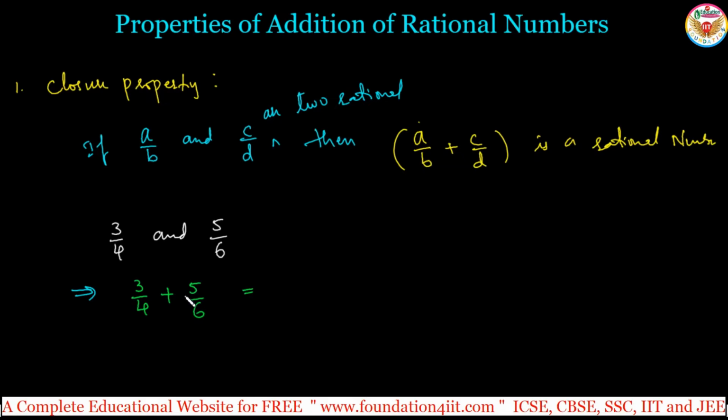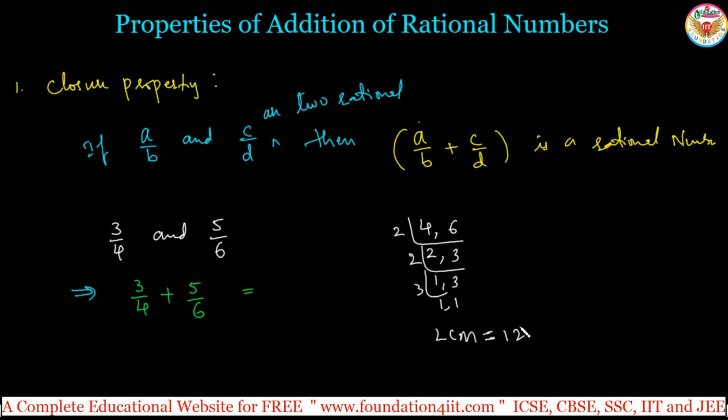To do addition of rational numbers in fraction form, first you make the denominators the same. That means take the denominators and find the LCM first. 4 and 6 are the denominators, right? So take 4, 6 and find the LCM, the least common multiple. 2 twos are 4, 2 threes are 6, 3 threes are 3, 1 1. So 2 times 2 is 4, 4 times 3 is 12. So LCM is equal to 12.